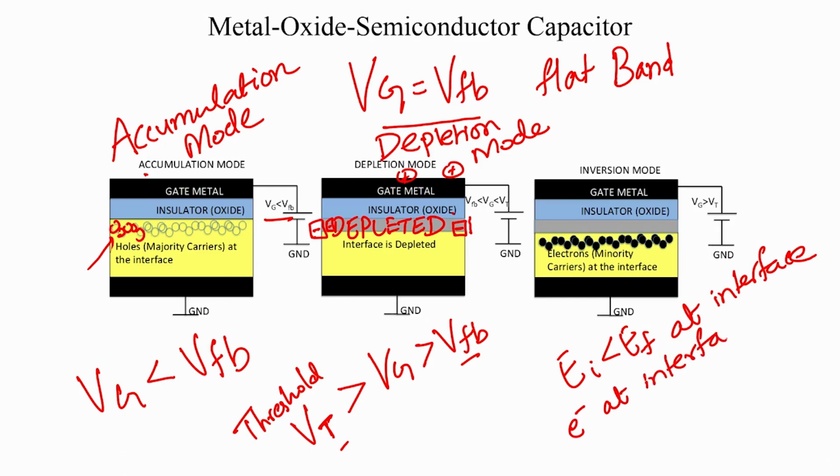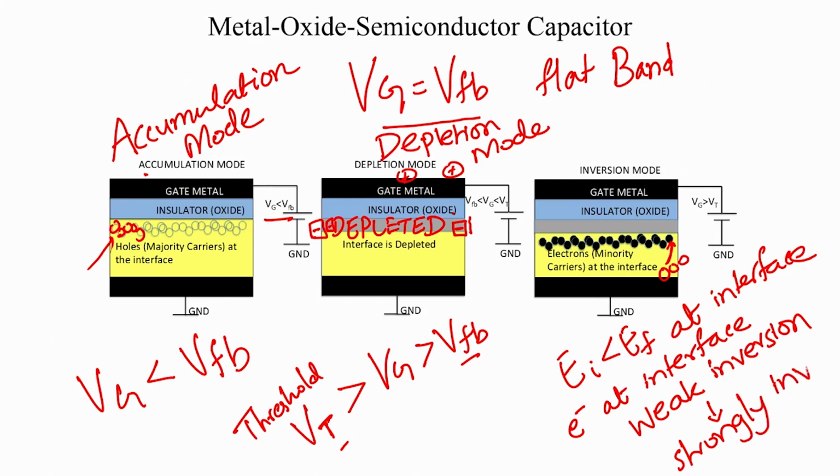When Ei has just started going below EF, it is called weak inversion, and when Ei has gone well below EF, and when the electron concentration at the interface matches the hole concentration in the bulk, we say that the MOS capacitor is strongly inverted, and this happens at Vg equal to Vt, and when you make Vg greater than Vt,